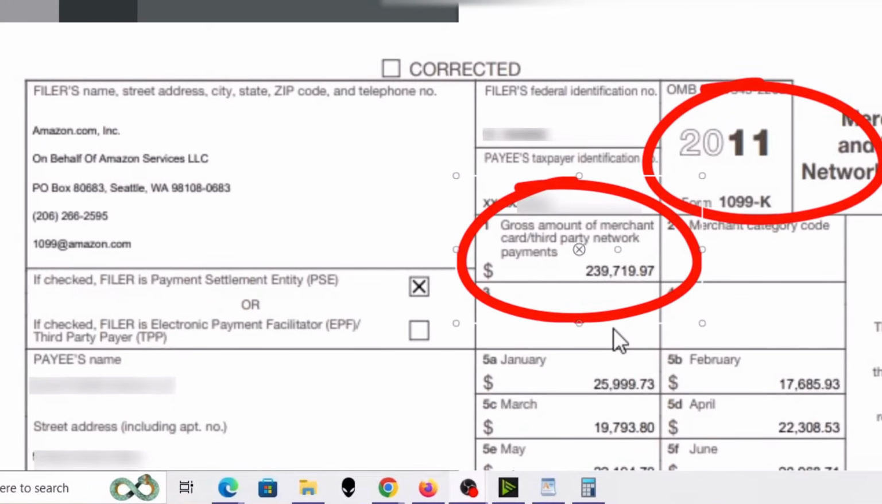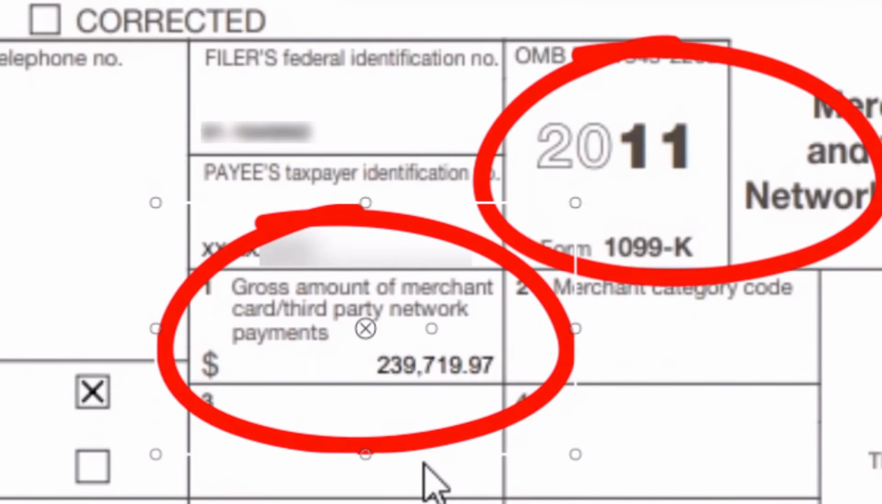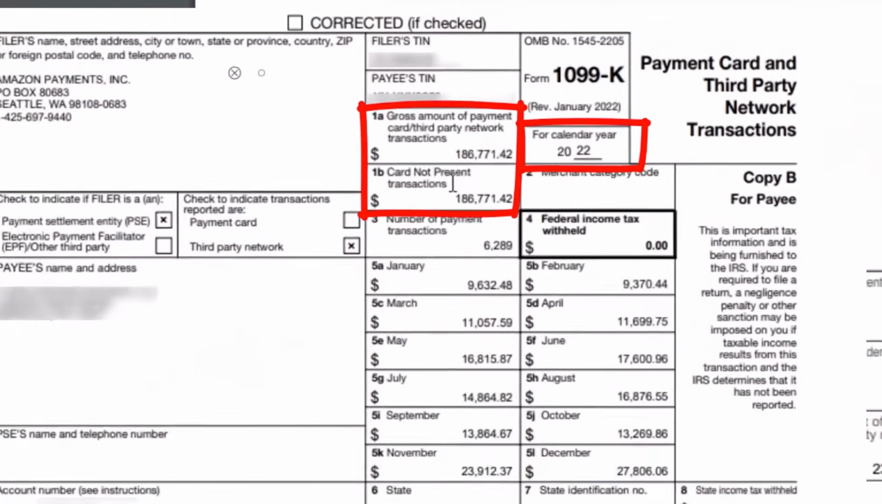Okay. So in 2011, I did over $239,000. Now that's going back to 2011. Think about where you were back then. Did you even know you could sell on Amazon back then? Okay. But that's not what we're here to talk about. We really only want to go back a few years. So we're going to look at 2022,